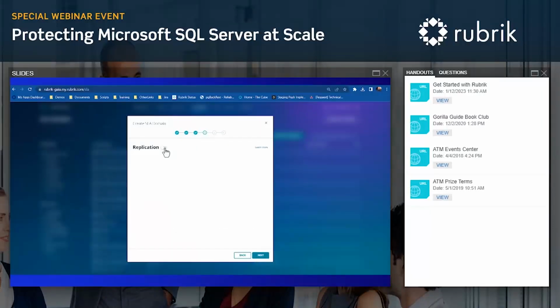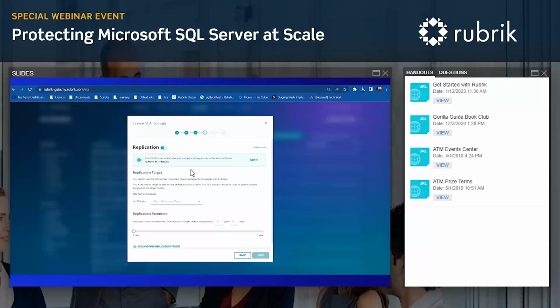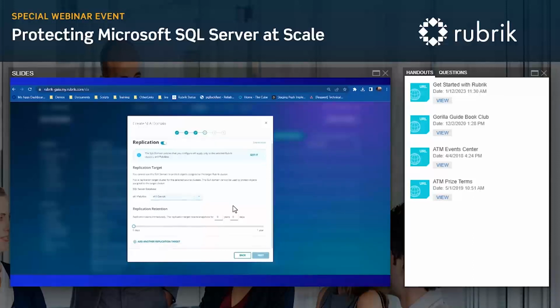Last question of should I keep the copy in a different location? We offer replication. So in this case, I can move to a secondary location, not in the main data center where I'm taking this backup. So if I pick Detroit in this case, go down to here, and let's say maybe I want to keep it over there for 15 days or so. So I'll keep it there for 15 days, and then that way I have the data in 2 locations just in case.